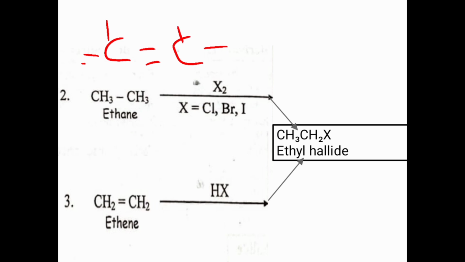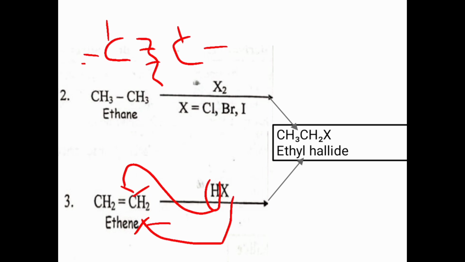Now the HX, the hydrogen, will come here to break the bond. Understand? The hydrogen will break the double bond between the two carbon atoms, that is, this bond will be broken and separated into a single bond, and in order to fulfill the valency, the halogen will get into it. In order to fulfill the valency of the broken bonds, the halogen will attach with the carbon, and hence everyone's valency is settled, that is stable, and the product formed is ethyl halide, that is, an alkyl halide kind of product.